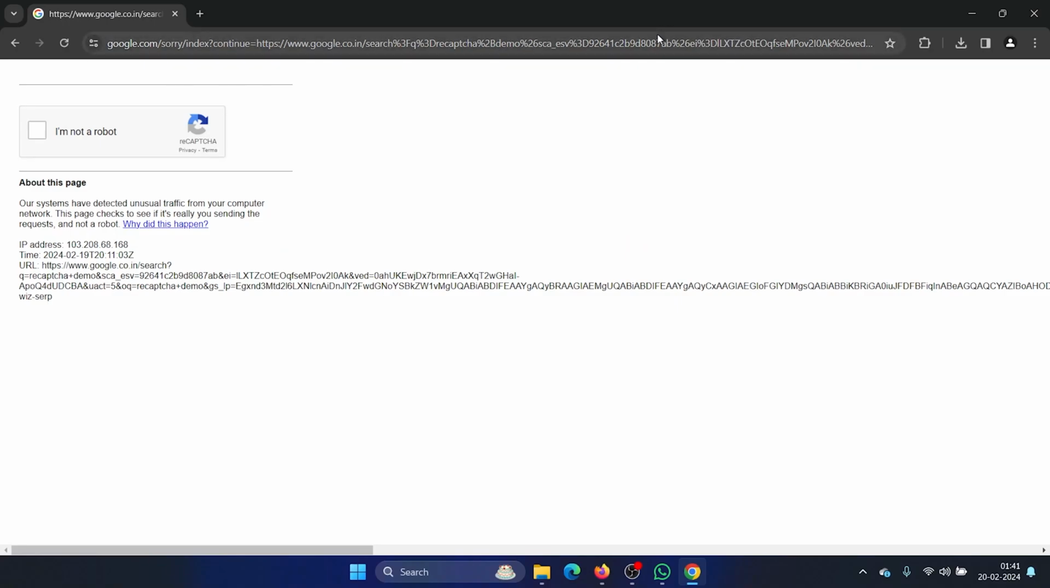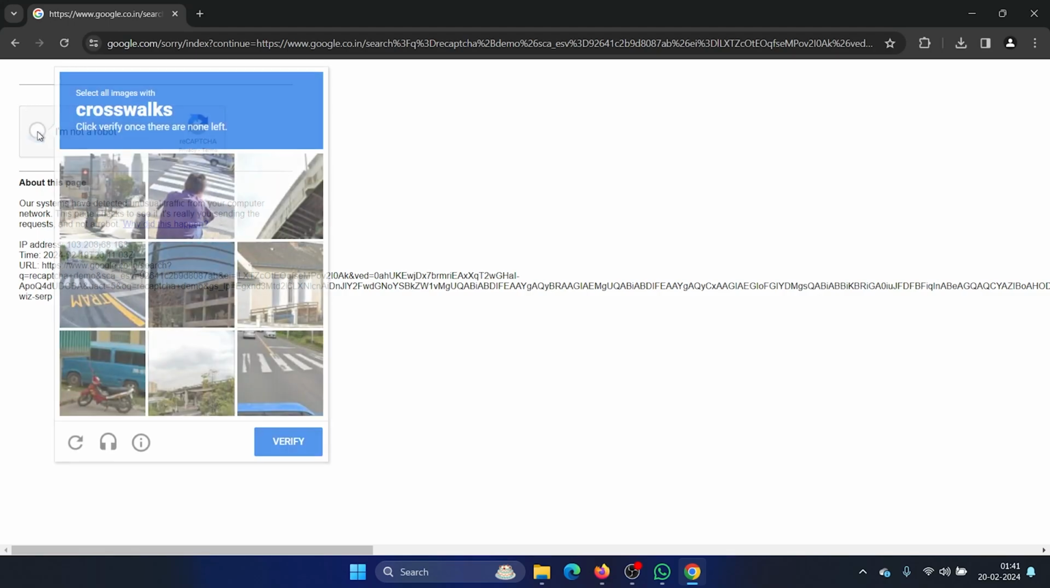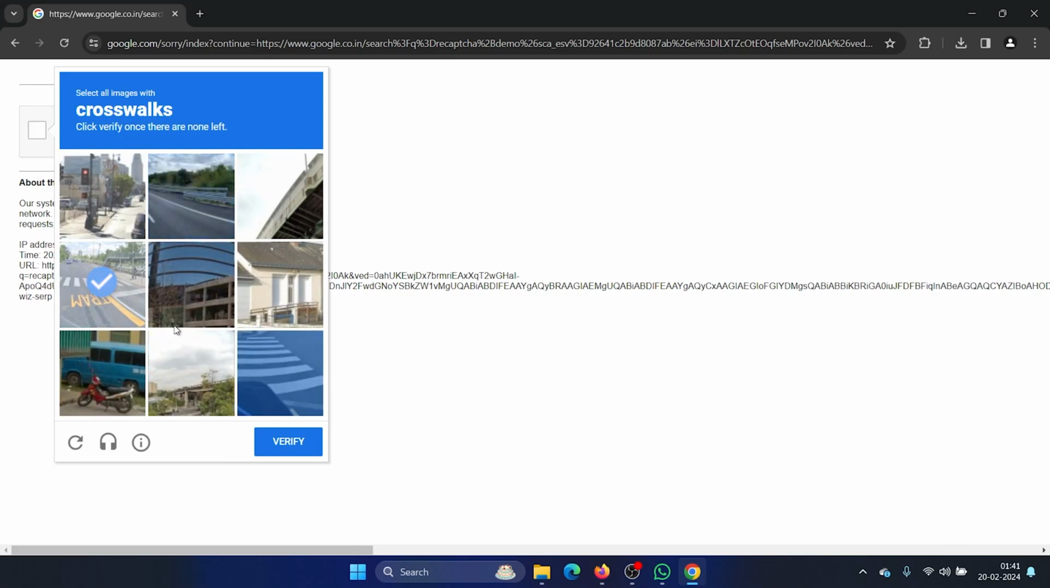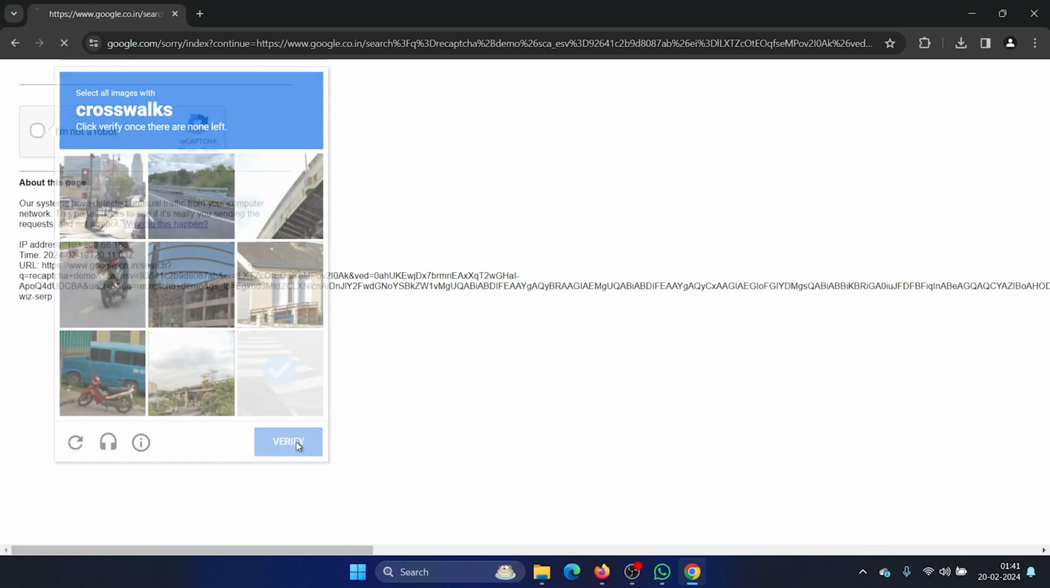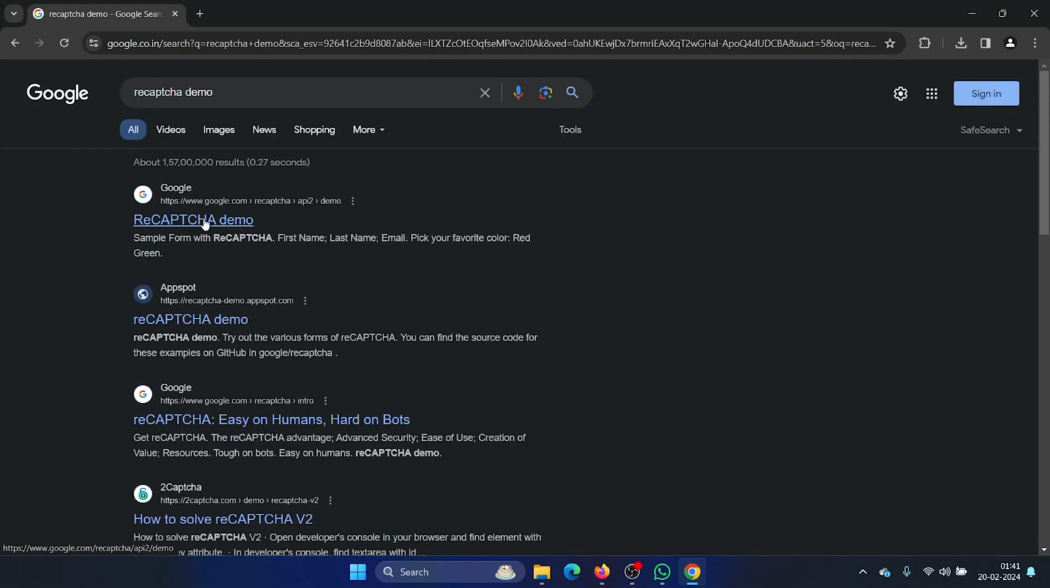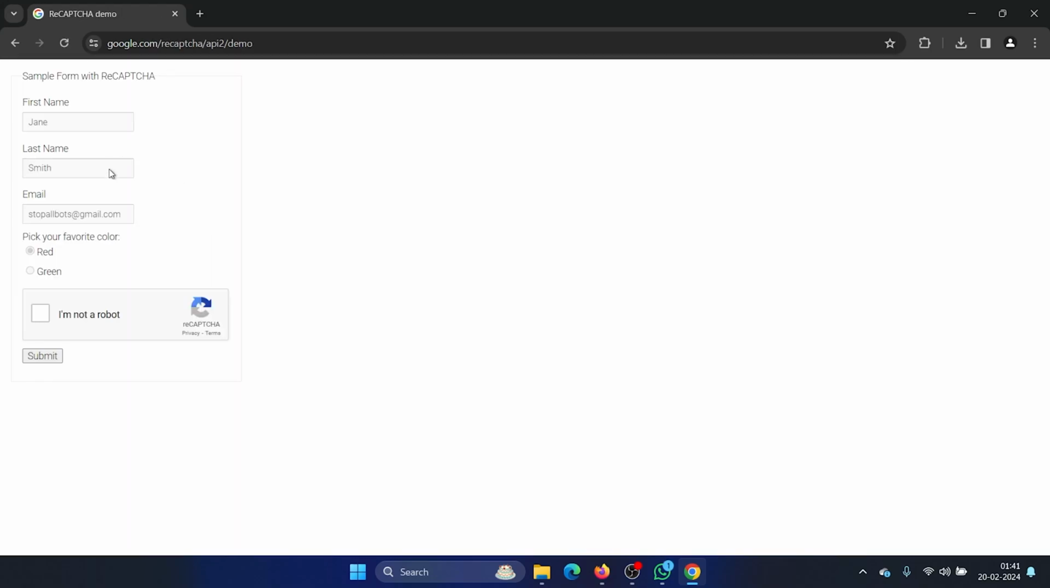Hey friends, if you constantly encounter this CAPTCHA, the reCAPTCHA on Google Chrome, then I'll help you resolve it. So first of all, I'll see what happens when I click on the CAPTCHA. I will select these and then I will click on verify and it will work. But this may not always work. So here's what we can do, and obviously it is a very irritating thing because it keeps occurring again and